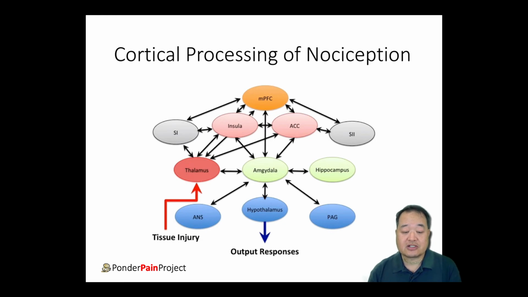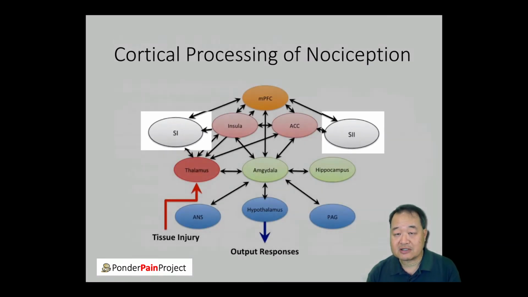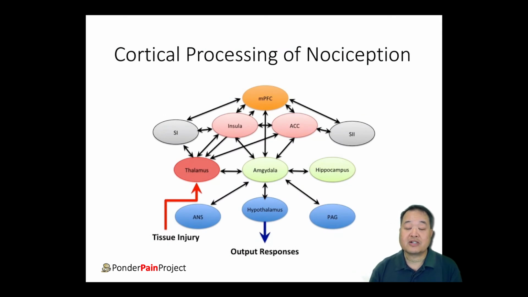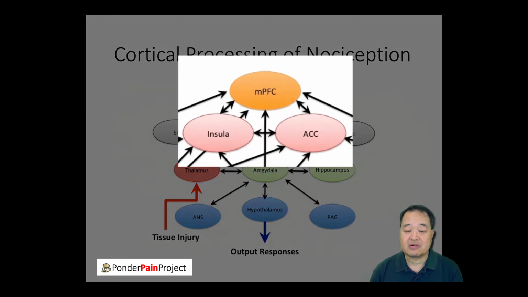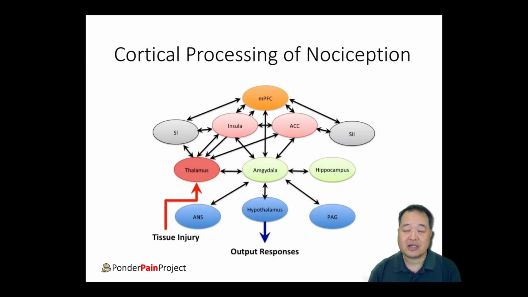But also what it does is it gets routed up to the primary somatosensory cortex and the secondary somatosensory cortex. And these are pretty consistently stimulated areas when people have nociceptive input. But the areas that are most consistent and most meaningful for us as we start to study pain sciences are these other three areas that get lit up in people: the insula, the anterior cingulate cortex, and the medial prefrontal cortex. These form the hub of activity in people with chronic pain, or not chronic pain, but in processing of